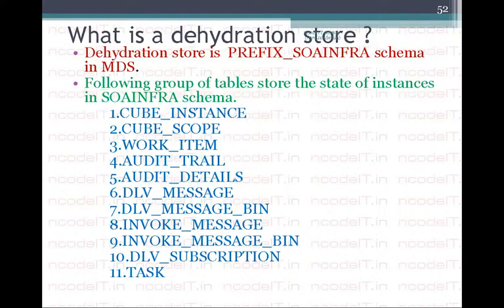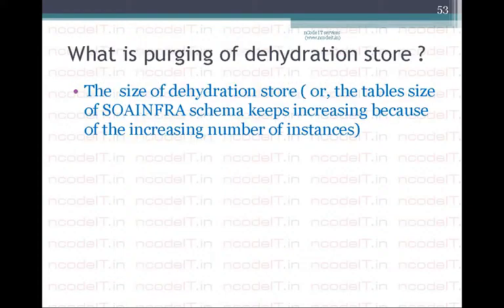Now, as SOA infra is running, just like a WebLogic infrastructure, SOA infra also keeps running, so people will be accessing the services offered by the composites on SOA infra, or when events occur, things will get kicked in a composite. So what we do here is, every time an instance kicks in, the instance state,